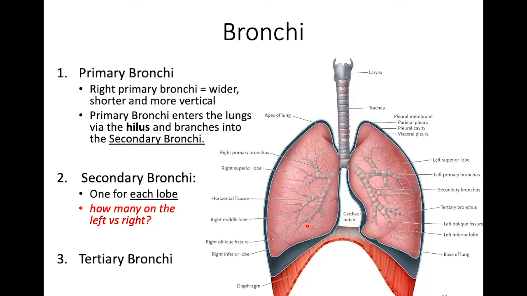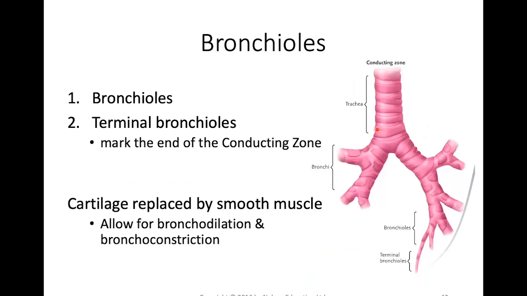Secondary bronchi then split into tertiary bronchi, and you'll notice that the bronchial system is set up like an inverted tree, where the trachea is similar to the trunk of a tree, and then you have your primary bronchi, or the larger branches, and then you get smaller branches, the secondary bronchi. Those secondary bronchi then split into tertiary bronchi, and then we're going to look further and further as we get into the bronchioles and finally the alveoli. So from the primary, secondary, tertiary bronchi